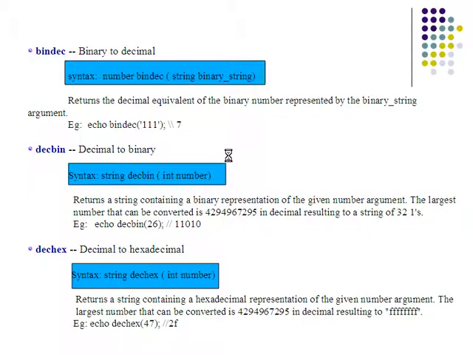Here the largest number that can be converted is the same number, which results in a hexadecimal value of all f's. For example, if you pass a decimal value 47 to this function, it returns the corresponding hexadecimal value 2f.